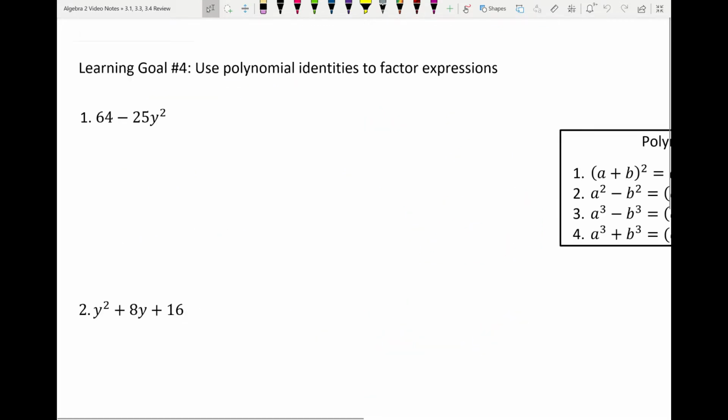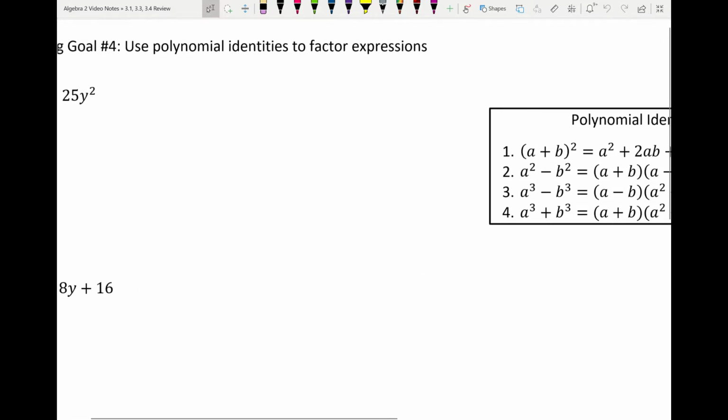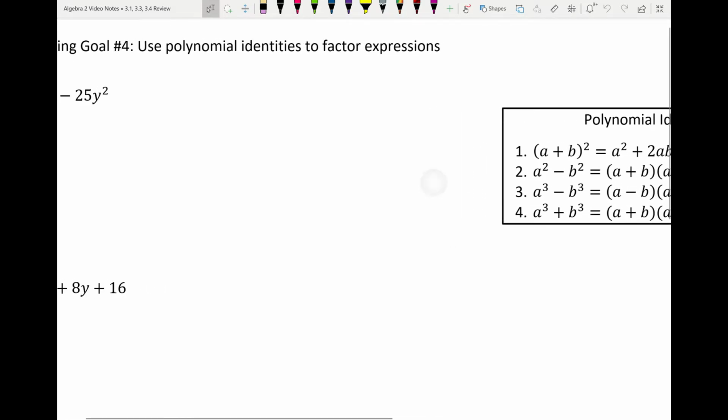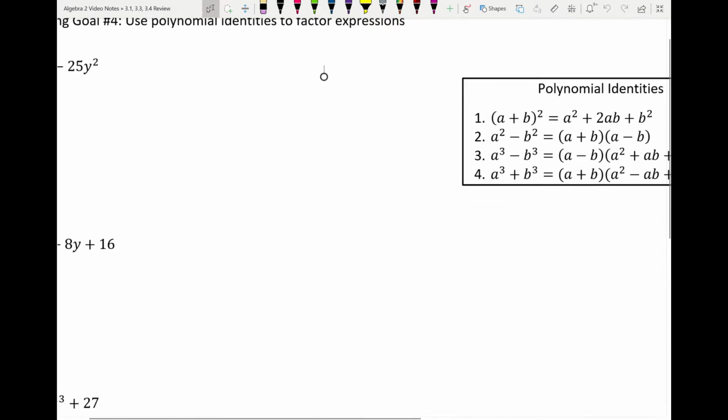So now the next thing, we're going to be using the polynomial identities again, but learning goal number 4 is to be able to use them to factor expressions rather than multiplying. So same deal, we've got to identify a and b from the identities. So if you look at number 1,